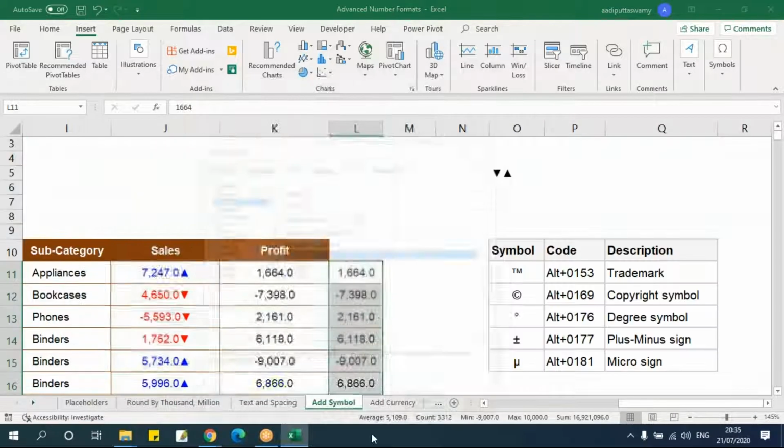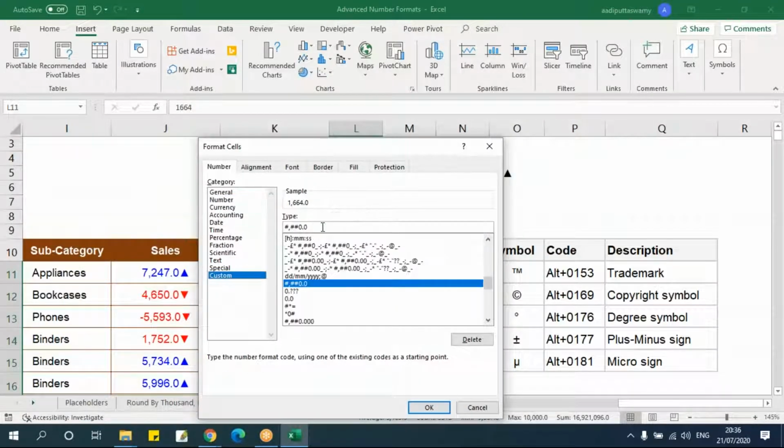Let's see. Greater than. Just putting one placeholder here, then later on we'll remove it.